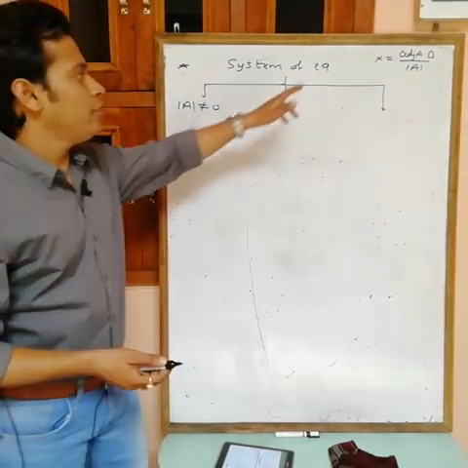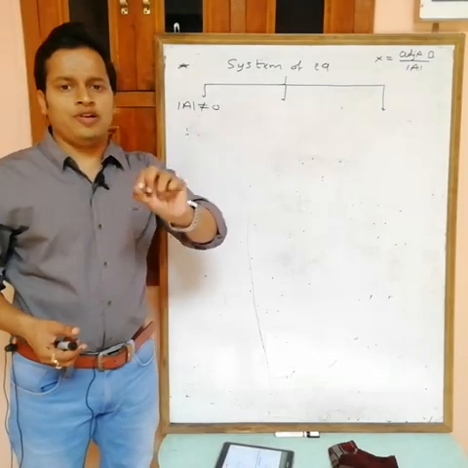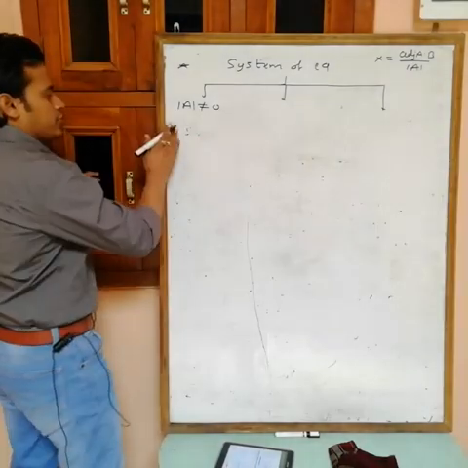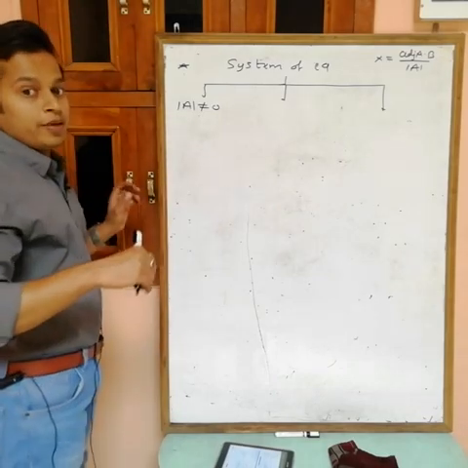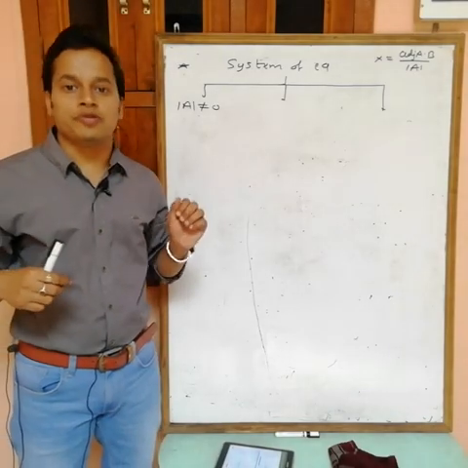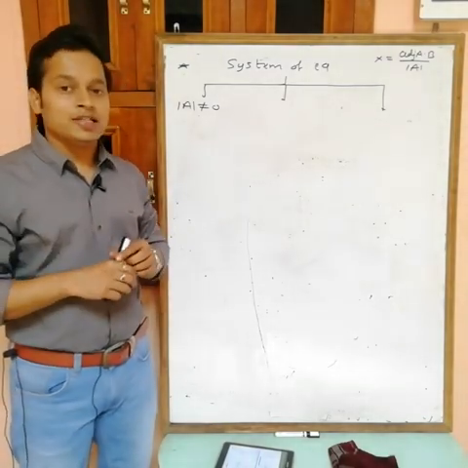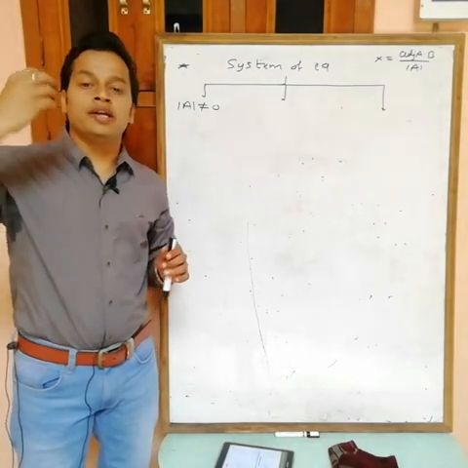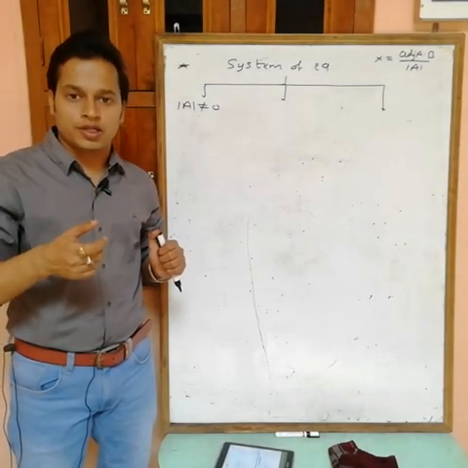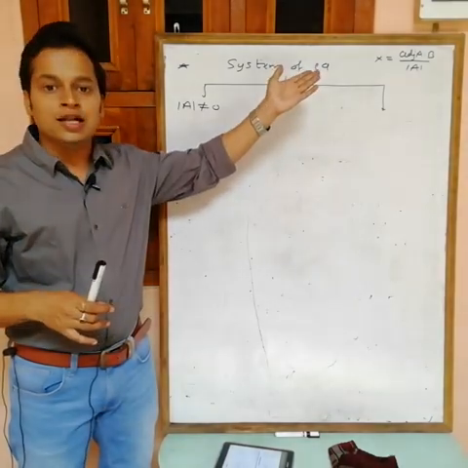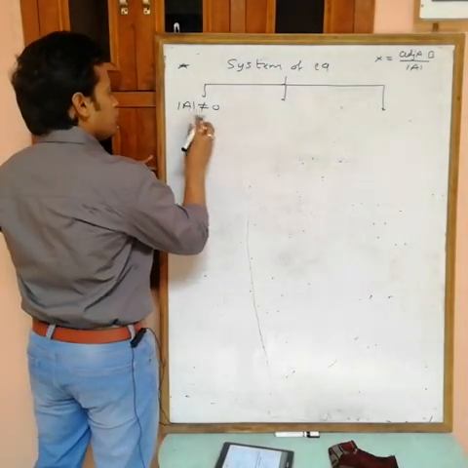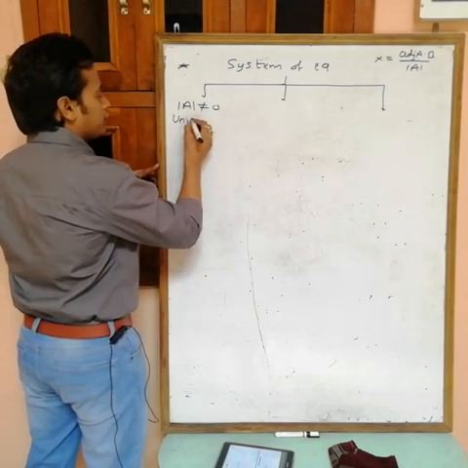If we are getting a unique matrix, it means we are getting a unique value of x, a unique value of y, and a unique value of z. Then it is a unique solution, same as in Cramer's rule. In Cramer's rule, if the determinant is not equal to 0, then there is a unique solution. Actually, that determinant is formed by the coefficients of x, y, z. The determinant of A is also the same thing. If the determinant of A is not equal to 0, then we have a unique solution.